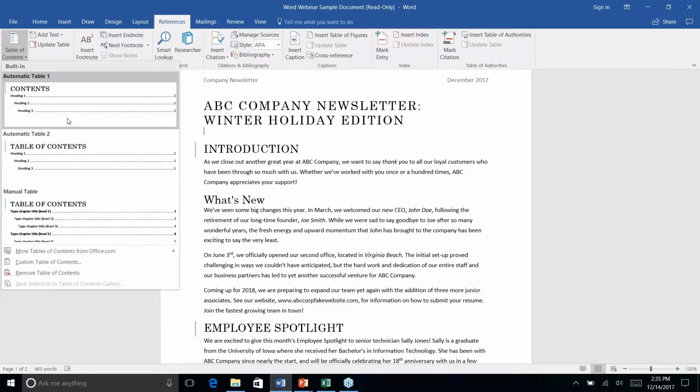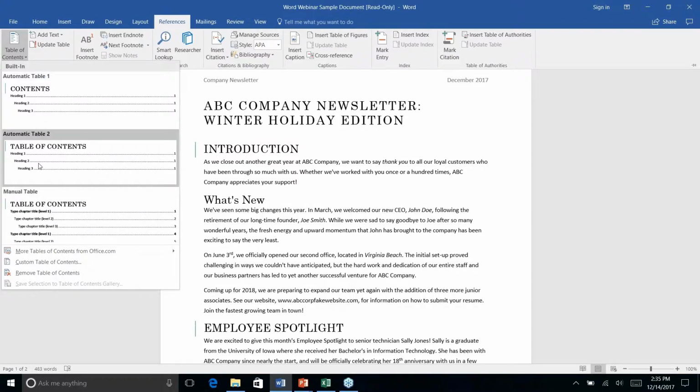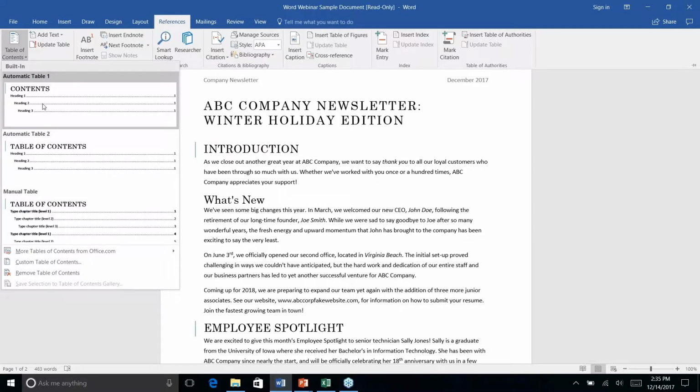But especially if you have a very large document, the more you can automate, the more time you save. If it's there and you're already using these header features, it just makes sense to use the automatic option. So I'm going to go ahead and use number 1. And you can see they're not really appreciably different. This one's called contents, this one's called table of contents. Other than that, they pretty much look the same. So you can, of course, go in and